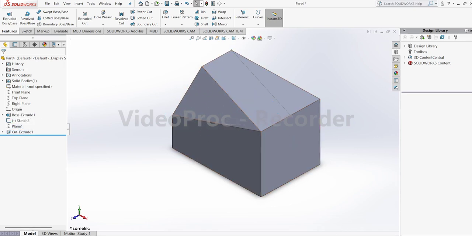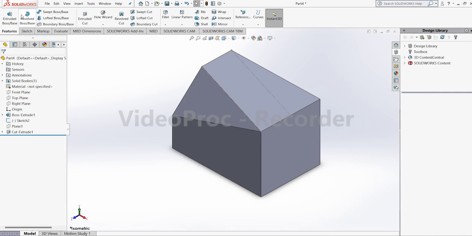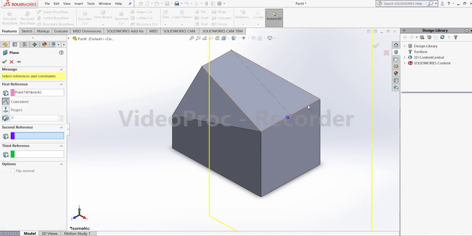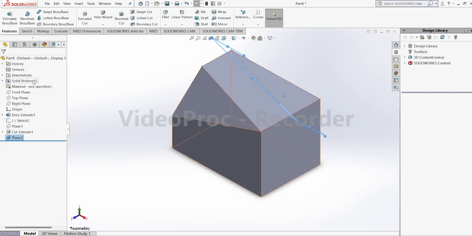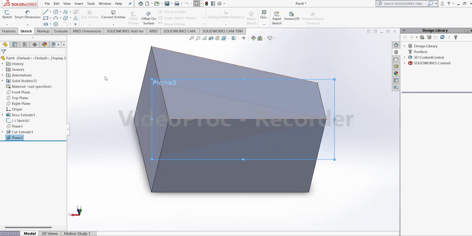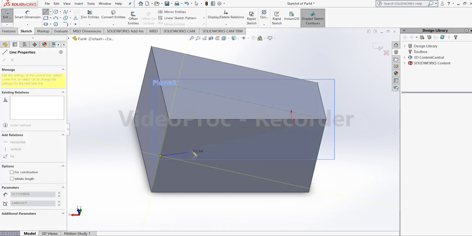Now this portion is finished. Now we need to cut this portion, okay, by selecting these 3 points. So first of all, we need to select one more plane passing through this point and this point. Then click OK. Now again we need to go for sketch and normal to. This is normal to. Go to line, select these 3 points,